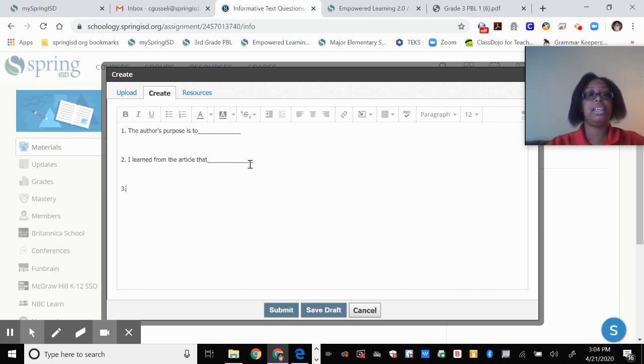And then the article is organized by, so is it description, is it sequence, compare and contrast, and then why is that important? This helps the reader because,